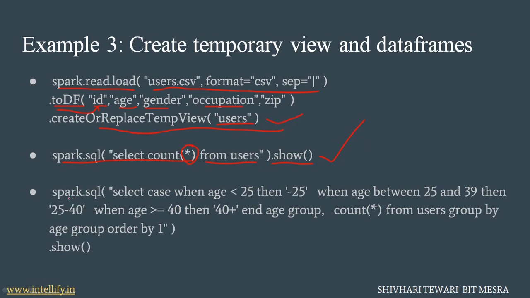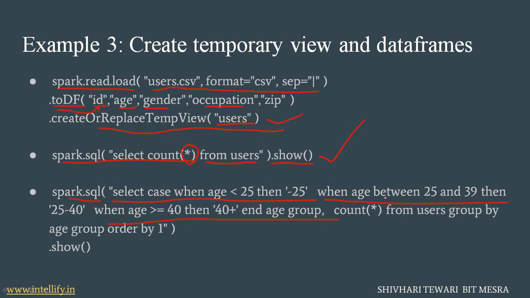Then spark.sql select case when age is less than 25, or then negation of 25, when age is between 25 and 39, or in 25 to 40, when age is greater than or equal to 40. Then we will end up forming the table in categories, where we will first select